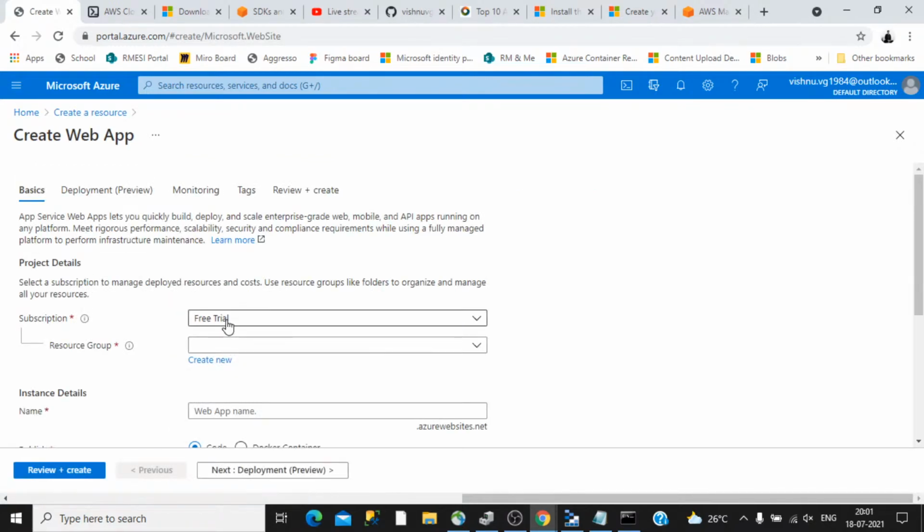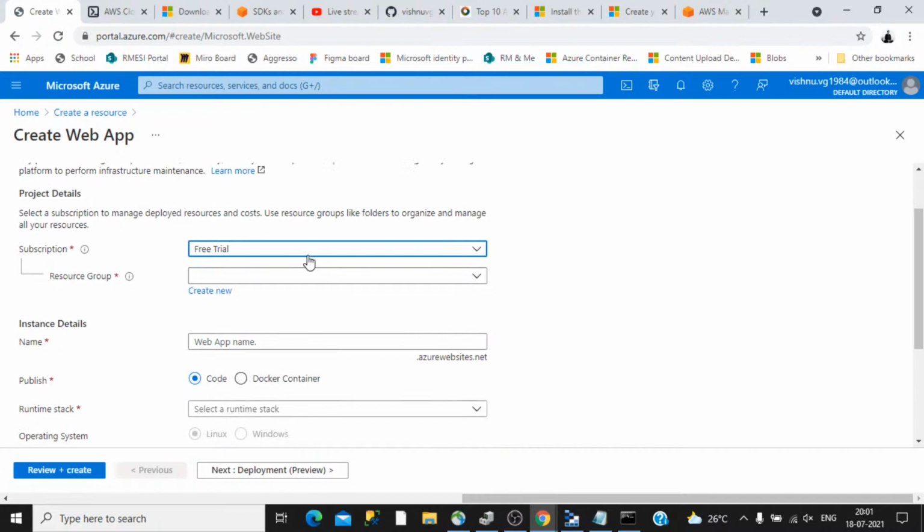So I'm going to create a new resource in Azure. Right now I have only the free trial, but if you log in to Azure with an account that has an MSDN subscription enabled, it will show Microsoft Visual Studio Professional or Microsoft Visual Studio Enterprise, and based on that particular subscription model, you will get additional benefits as well.